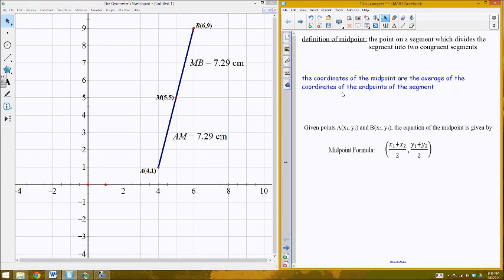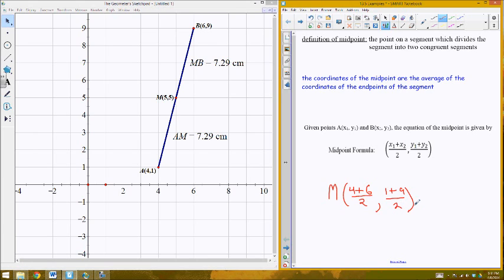So in the context of my example, to find the coordinates of the midpoint M, I could take the average of the X values of the coordinates I have. That'll be 4 from point A plus 6 from point B, divided by 2. It's an average, the sum of two numbers divided by 2. And for the Y coordinate, it'd be the Y coordinate from point A, which is 1, plus the Y coordinate from point B, which is 9,